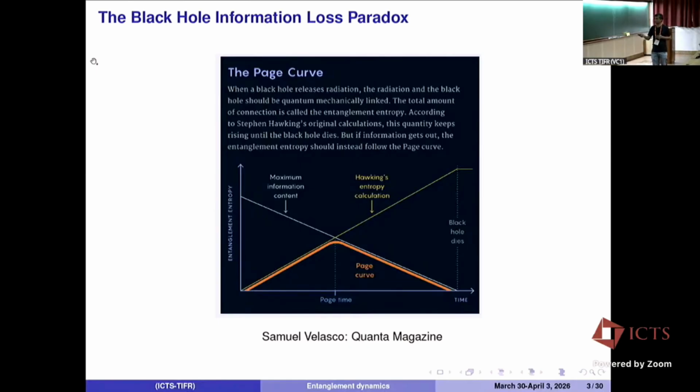At some point the entropy has to go down. Okay, so there seems to be some contradiction between the fact that Hawking's calculation shows that the entropy of the radiation keeps increasing, while here one finds that it has to go down. Okay, so